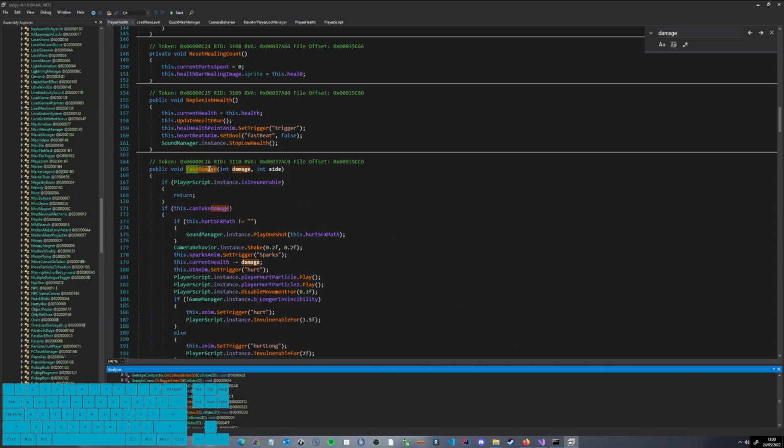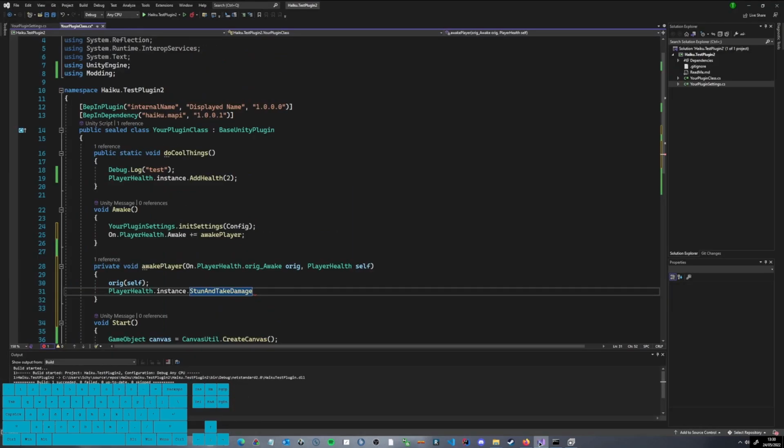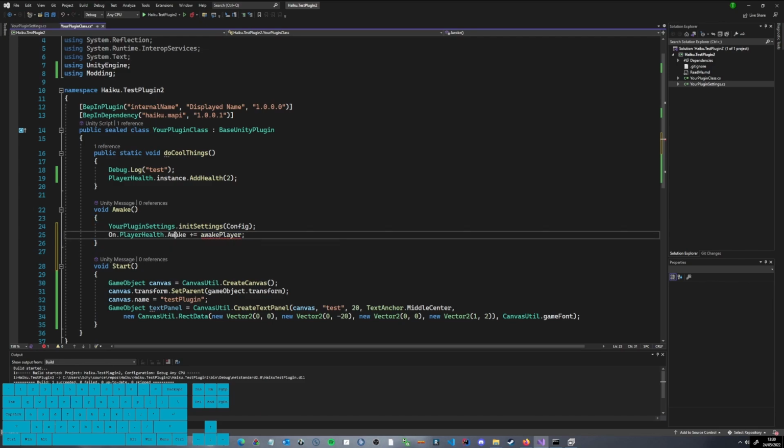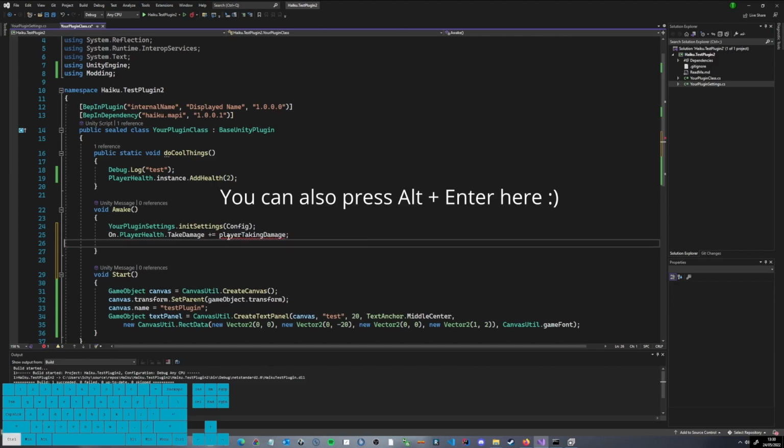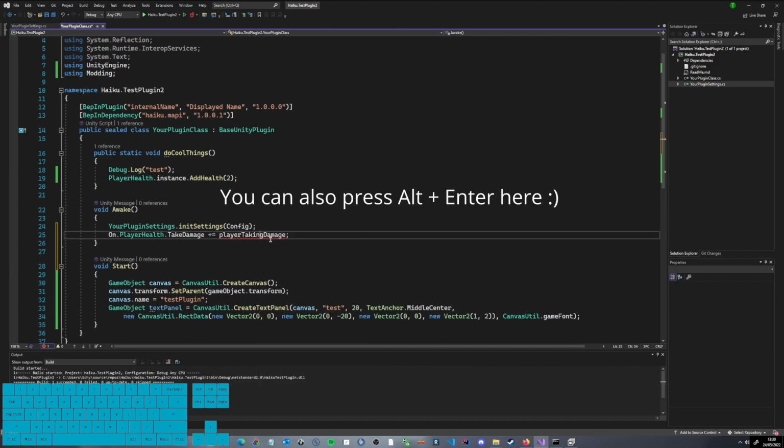Okay, so instead of doing whatever I did there, actually why not hook into player health dot take damage. And yet again, let it be automatically generated for you.